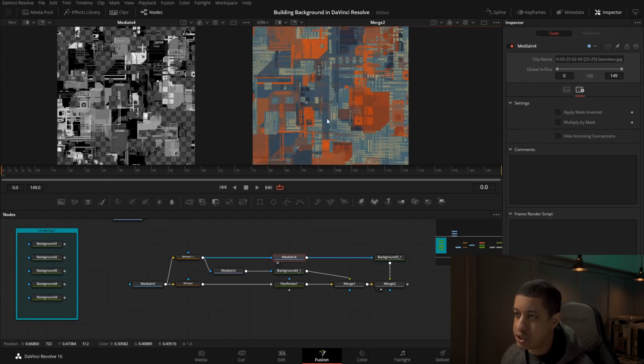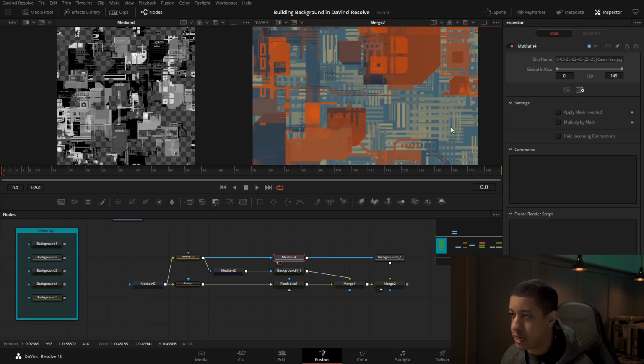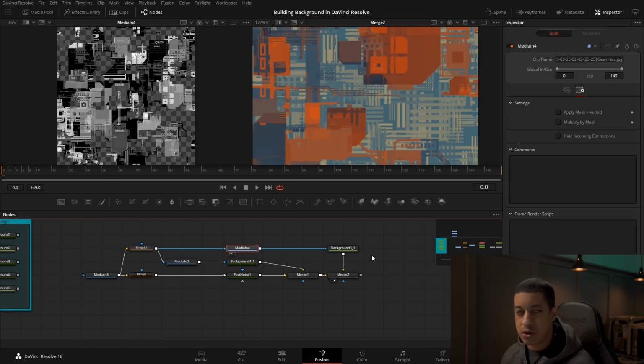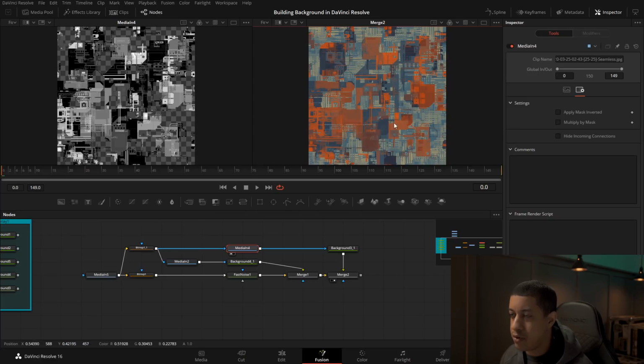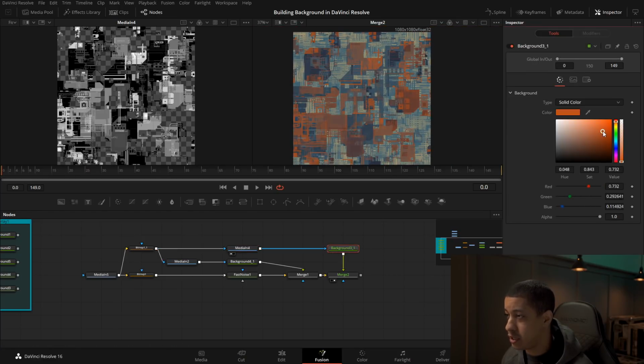So we have texture inside of texture, but not over this other texture. So you can really start to make things and get a very intricate, unique look. And now that this orange is here, this is not really fitting in very well.